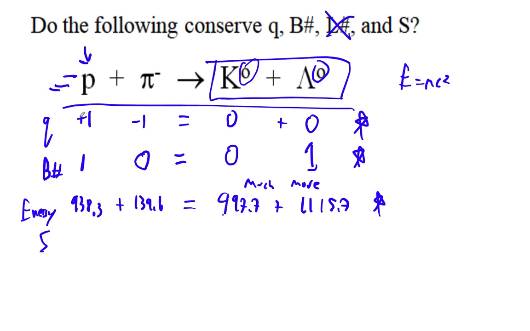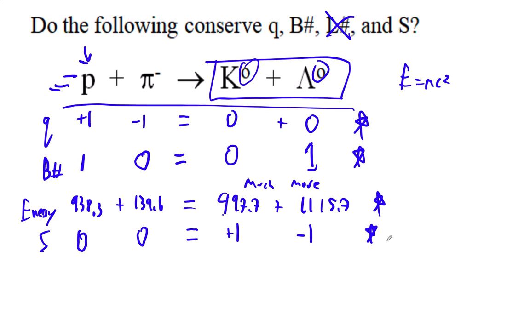Okay, so let's look at strangeness. We can look this up in the reference here. Protons are not strange. Pions are not strange. A pi minus is not strange. A kaon, I believe it's got a little strangeness to it. That's a +1. Which I think means it's got an anti-strange quark in it, because I think the strange quark is -1. I should look that up before I keep saying that. And then the lambda is -1 strangeness. So in this collision, we did not create a net amount of strangeness, so it's okay, it'll work.